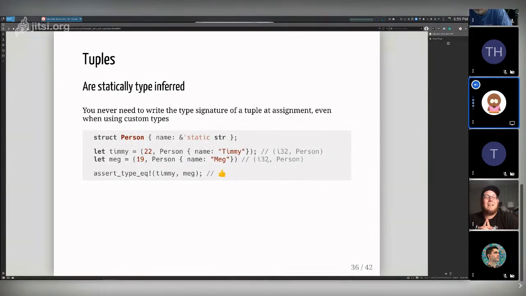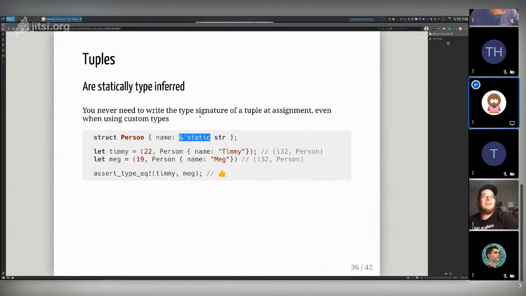Yeah, so that gets kind of weird. If this were a str reference, then struct Person would require a lifetime annotation, right? But we're saying explicitly that this has to be a static string, and because it's the only reference in Person, it doesn't require an additional annotation. Gotcha.